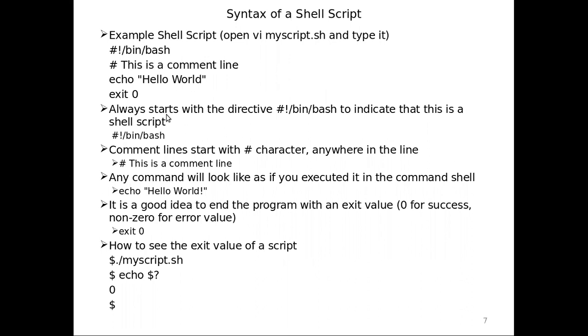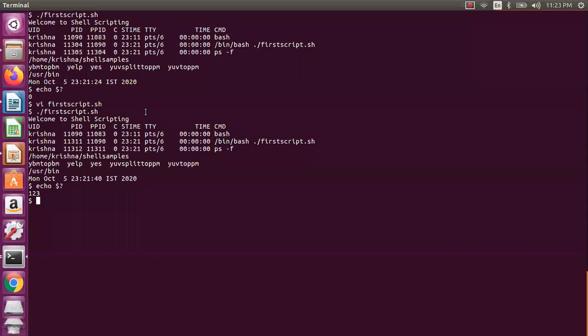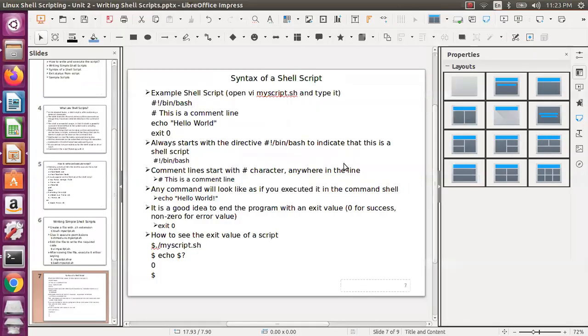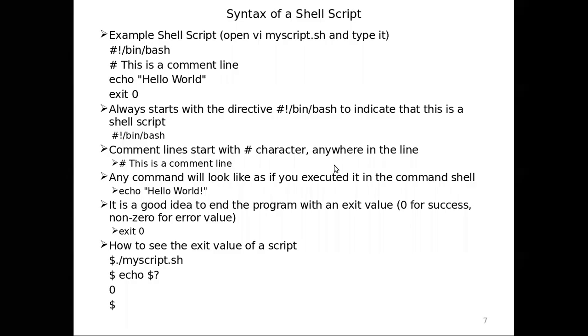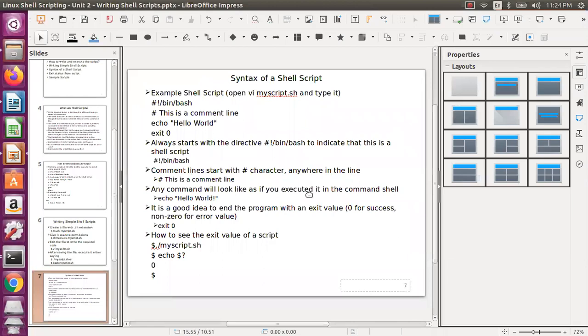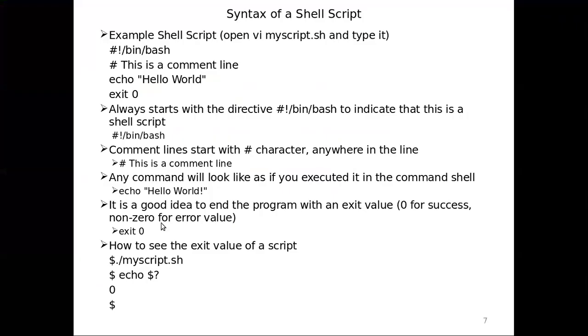Okay, so this we have seen, what the exit status is and all. Bin bash also you can use. That's what we have used actually. So if you see this particular one, what is that? I have used bin bash. Yeah, bin bash only. Okay, so you can use that. And the comment line, this is the comment line. So this is the syntax of the shell script actually, which we have already discussed.